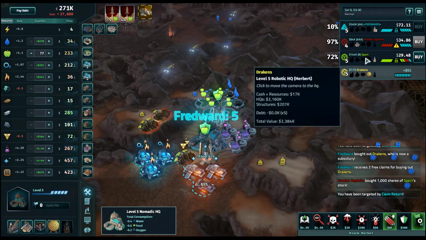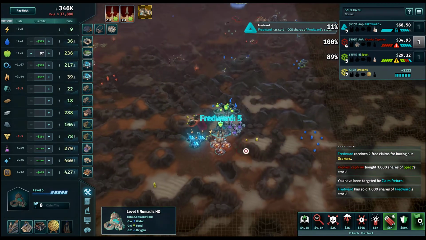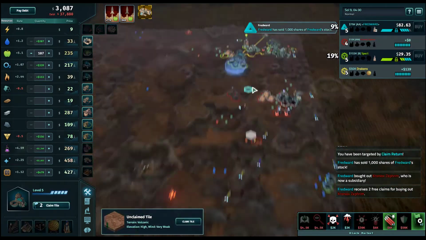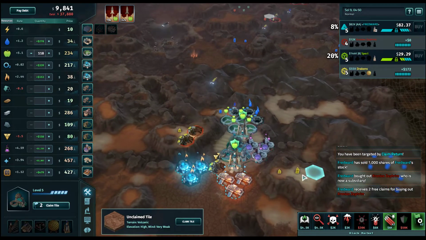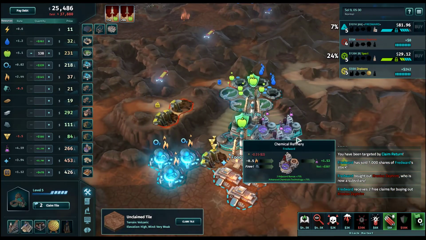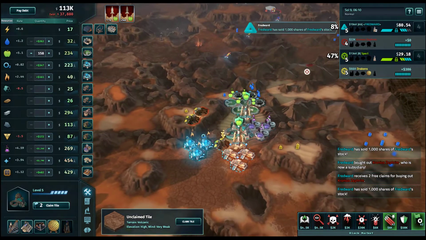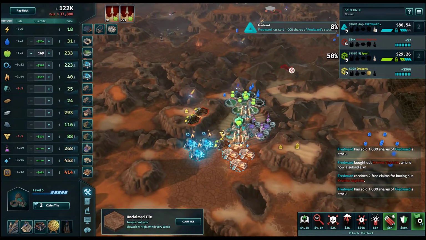He got so many claims. Where did he get all these claims from, Fredward? Seems like it's expansive here in one of his spaces. Well, he's gotten 4 more claims. Some of those are other players' claims. Yeah, fair enough. And I think they gave out some free claims too. Right, so